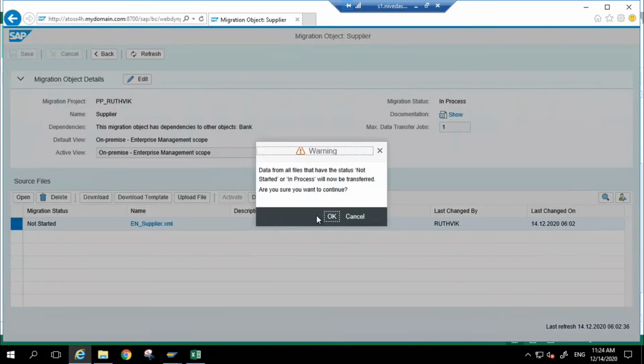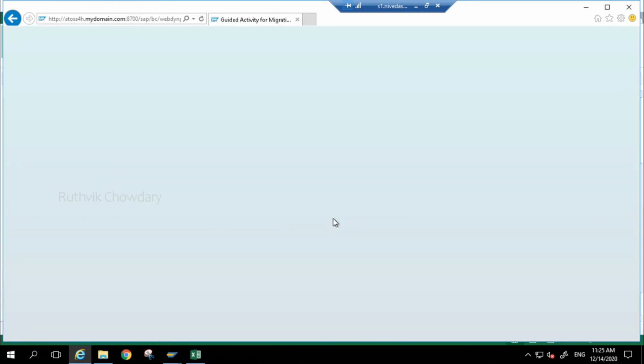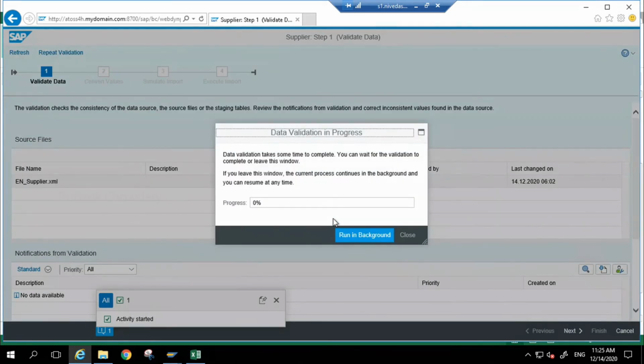So once we start transferring, system will do the validation. So basic validations will be done, because all the details what you have maintained are correct or not. So all the individual parameters are there correctly or not. So the system will check. And if any data inconsistency is there or any mandatory fields you have not maintained means, so system will validate over here. Okay.